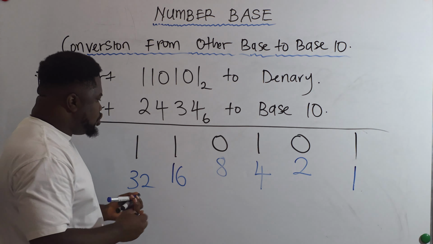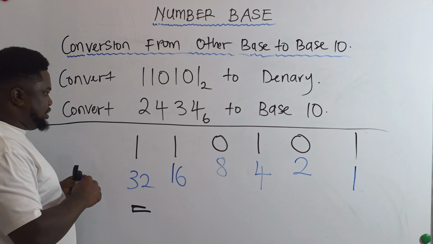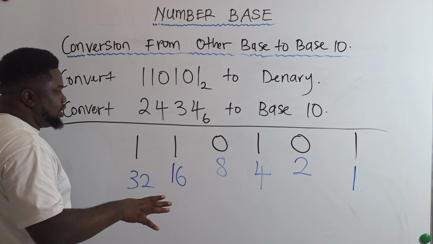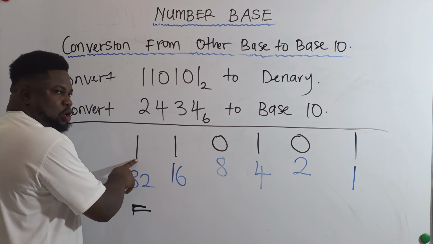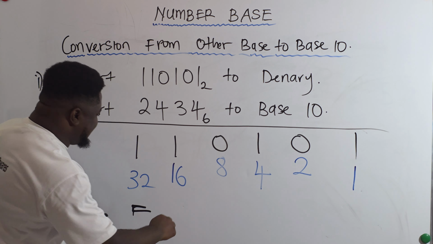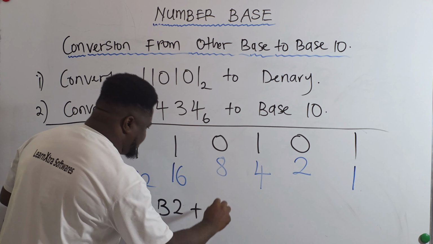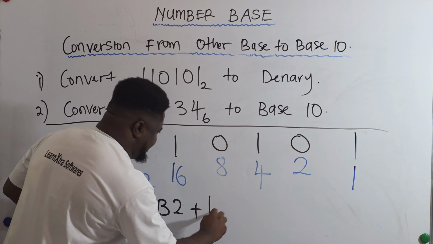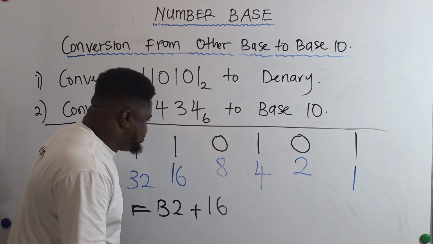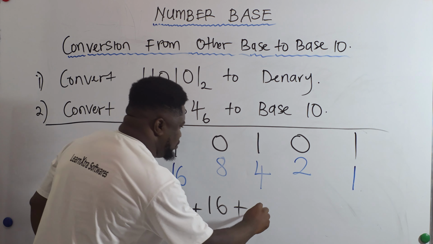Now, to get your answer in base 10, you will add. Which ones will you add? You will add the ones that have 1 on top. The ones with 1 on top. So I will add 32 plus 16. I am adding the ones having 1 on top, plus 4,